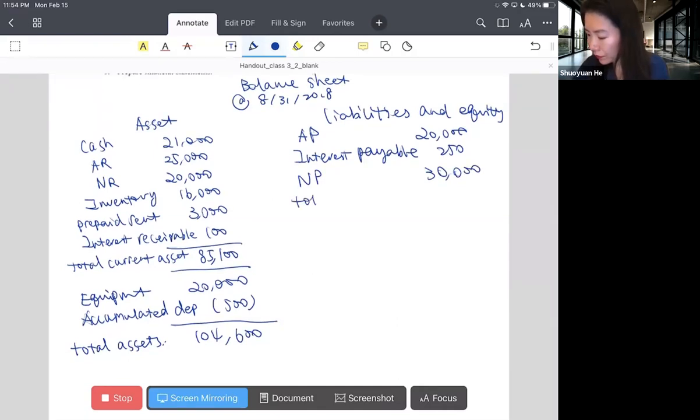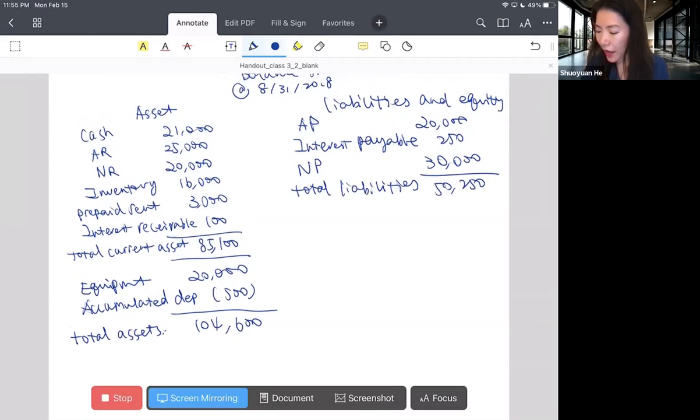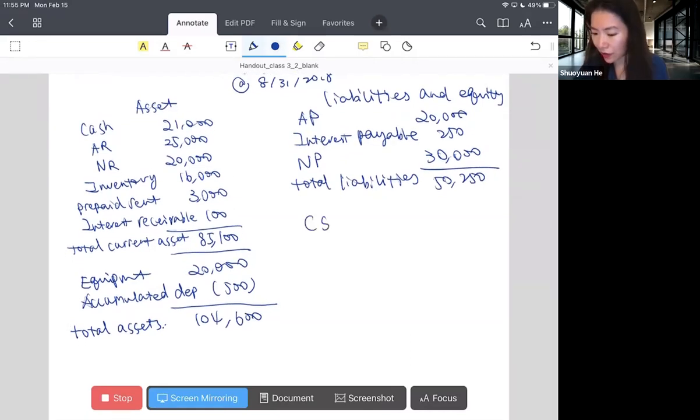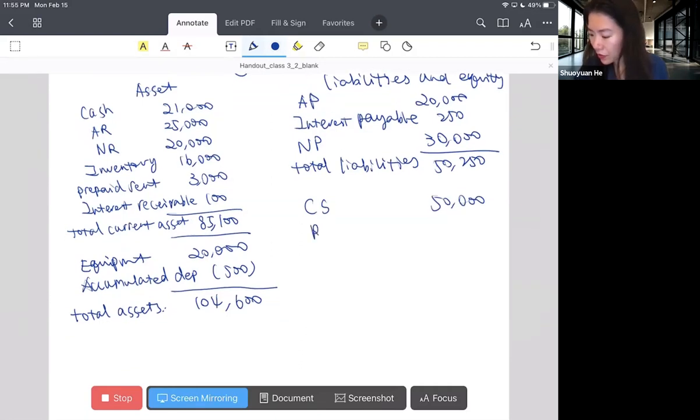So the total liabilities, that is 50,250. And then the equity part, we have common stock, 50,000. Retained earning,